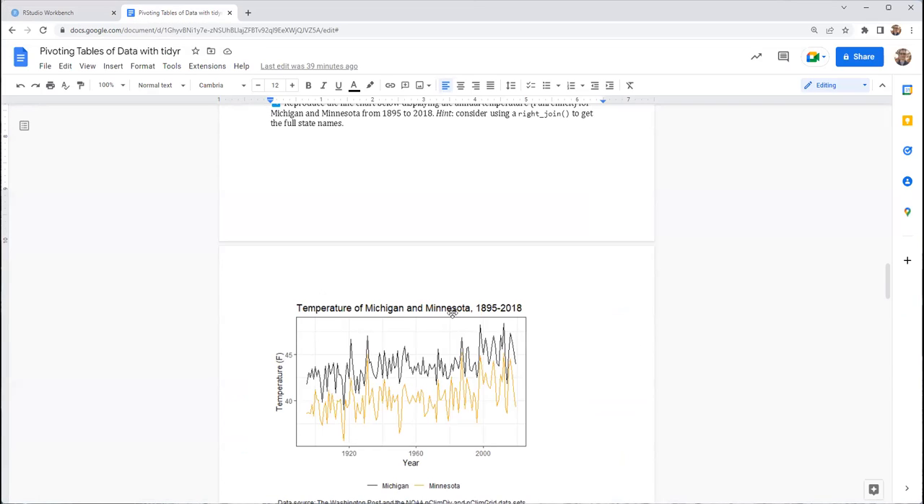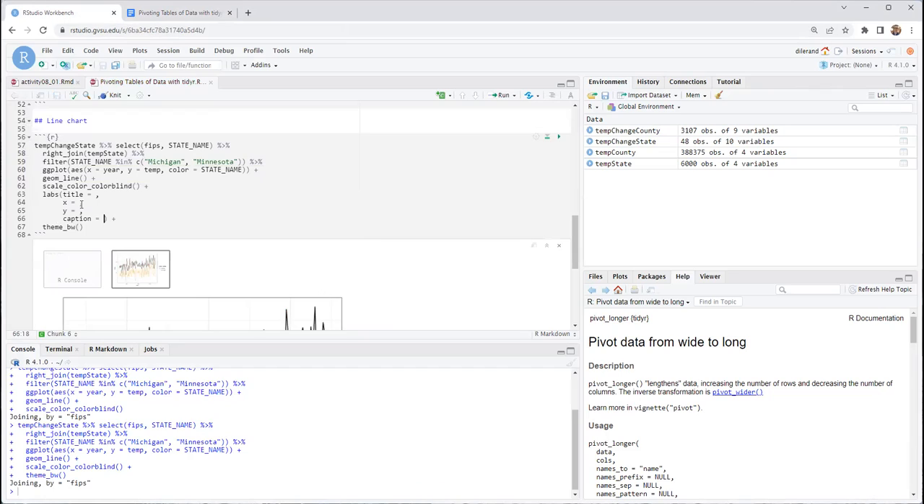So for the title, temperature of Michigan and Minnesota. We'll do that. For the x-axis label, we'll say year. For the y-axis label, say temperature in Fahrenheit. The caption, data source,